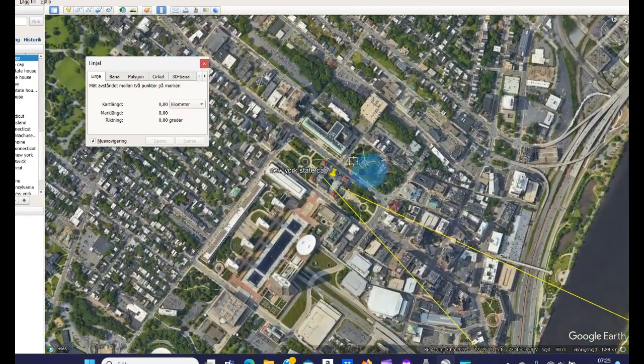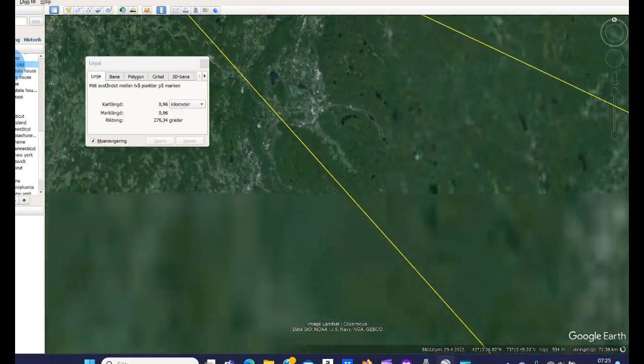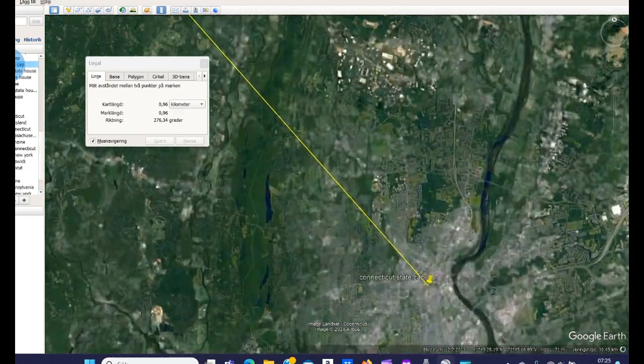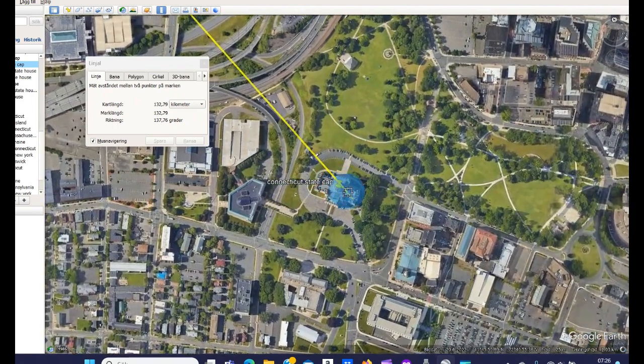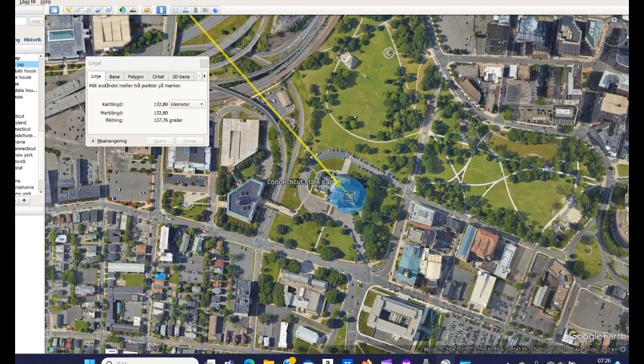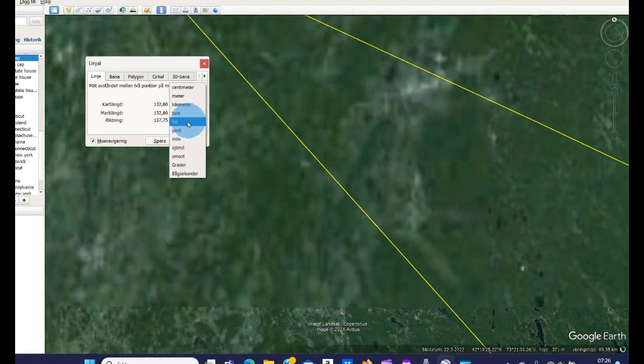Here is New York State Capitol, and we measure from here to Connecticut. And the distance we find here is 132.8 kilometers. 132.8. You can see it in the measure tool here. 132.8 kilometers. So let's fly back to New York and now measure in miles to Rhode Island State House,